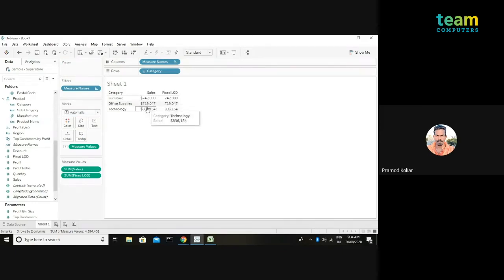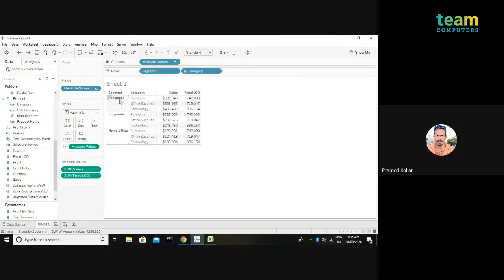So that's where the number is coming from, and this is replicating for all the three values of the single dimension that you have in your view, that is the segment. हर segment के लिए उसने repeat कर लिया, but this is computing based on the sales category over here. So that's how the fixed LOD expression works. Whatever you place onto your view, it will always compute on the dimension that you have specified in your calculation.